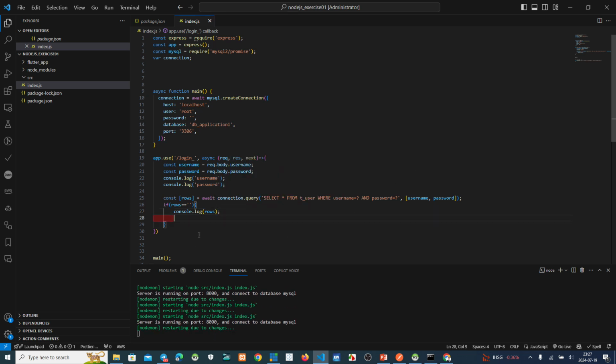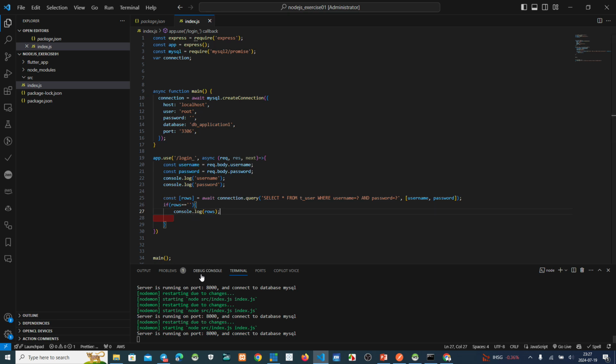We want to see the rows on this debug console here. And also we make information, maybe the first information, that rows is login fail.